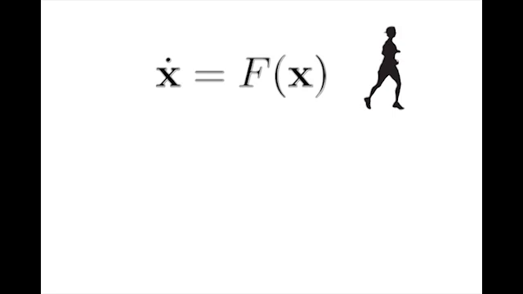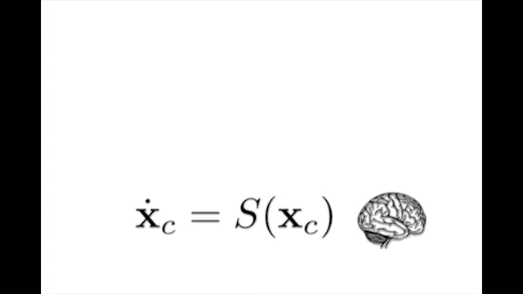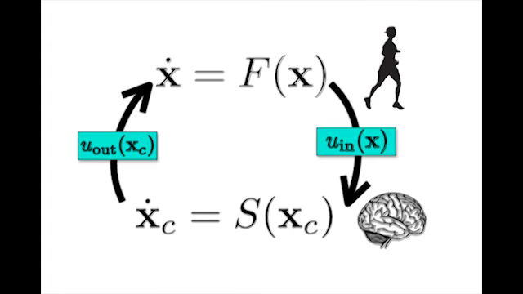We start with a mechanical system describing the motion. This system corresponds to the body and the environment. We can also define a neural oscillator, which corresponds to the signal sent by the central nervous system. These systems are coupled together using control variables U-in and U-out. During the course of running the system, the two oscillators will assume the same period, a process called entrainment.